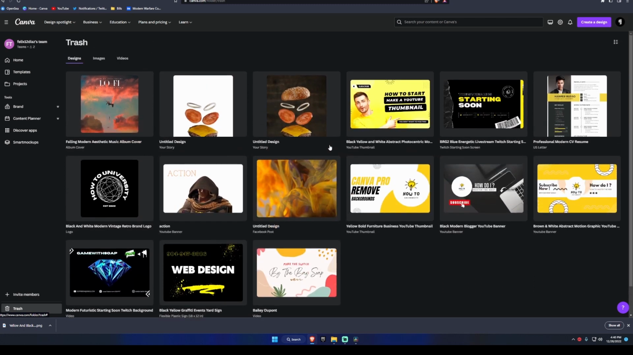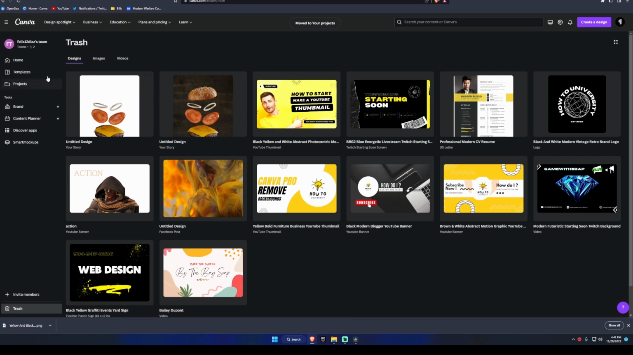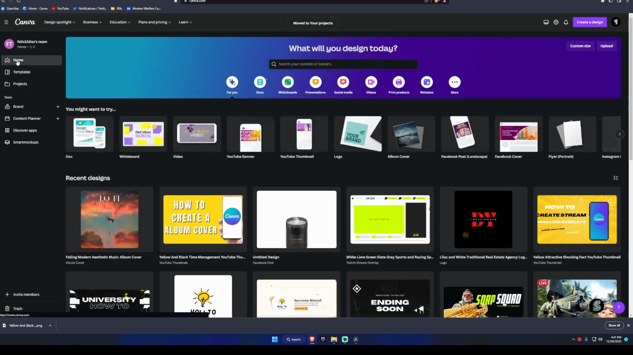And it's simple to bring it back to the project window. So all you're going to do is hover over the item that you want, hit the three dots, and hit restore. And now we're going to go ahead and hit home, and you should see that as your first and